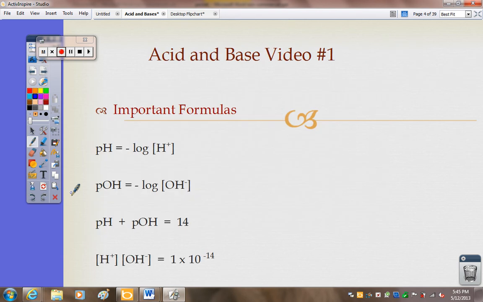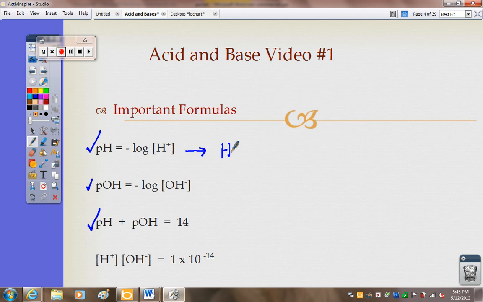Important formulas that you have to know to do all your calculations. We've already talked about pH and how pH plus pOH equals 14. Notice the similarity between the pH and the pOH formula. pH is equal to the negative log of H+. pOH is equal to the negative log of OH-. In order to undo these,